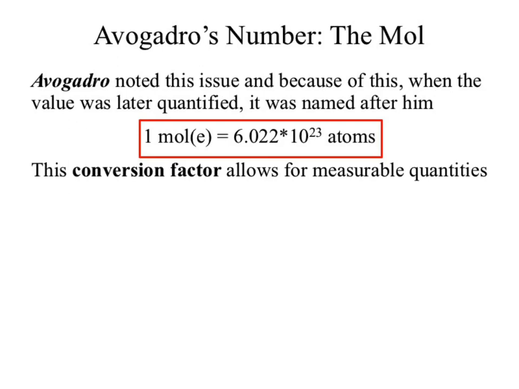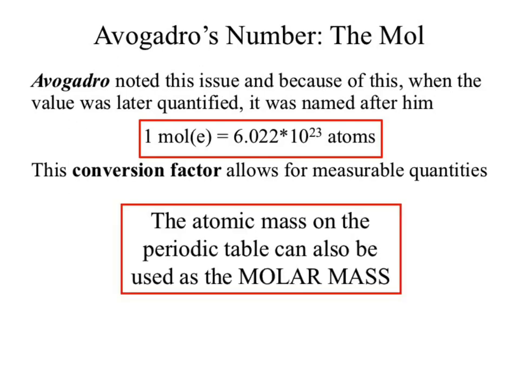Okay, so let's try the next big thing, which is right here. We just covered that. That means our atomic mass becomes the molar mass. So when we look at the mass on our periodic table, which is the number underneath the elements, we now can refer to that as the molar mass as opposed to atomic mass, and that is pretty insanely useful. We can now reference that as a molar mass,